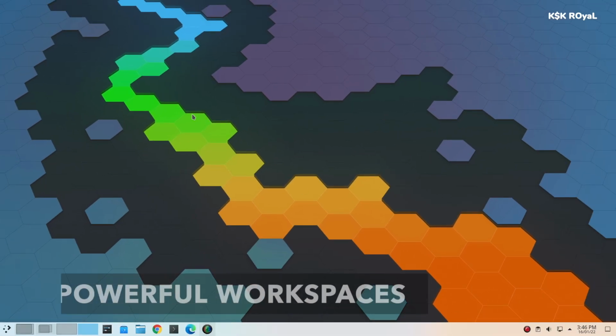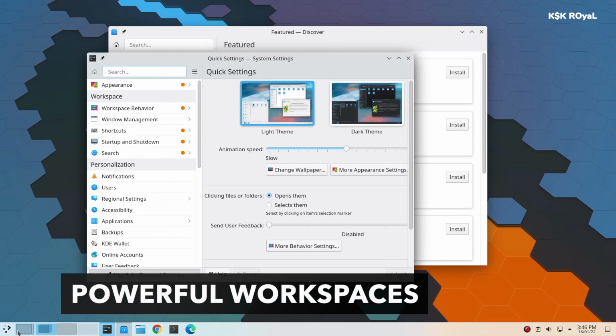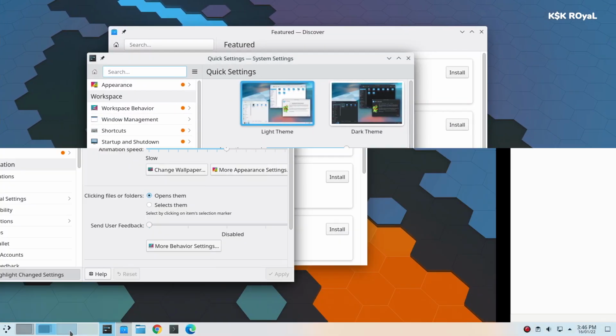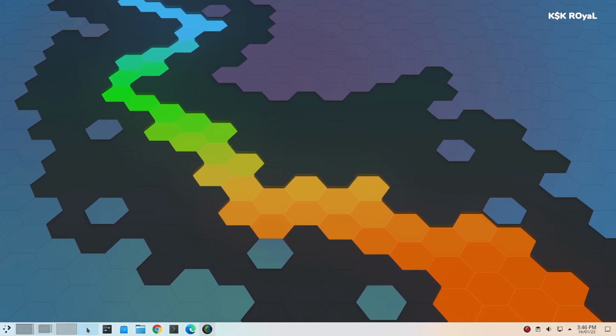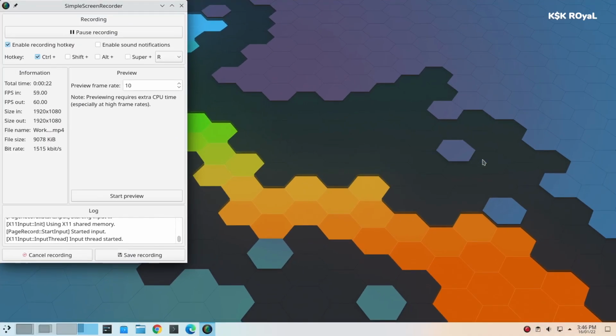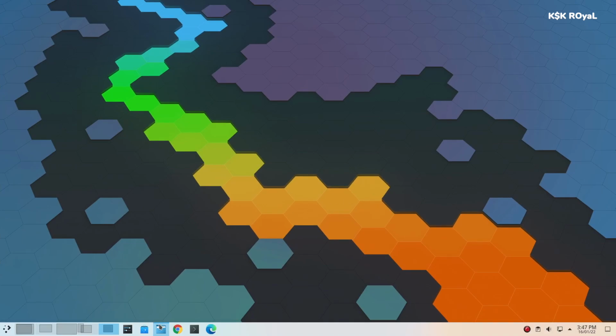Now, workspaces in Plasma Desktop refer to the grouping of windows on your desktop. You can create multiple workspaces which act like virtual desktops. It will display currently used workspaces plus an empty workspace. To jump into the workspaces overview in Plasma Desktop, you can use the hot corners or hold Ctrl, then press F8. This shows all the workspaces on the desktop. From here, you can glance through the applications running in the background. To create a brand new workspace, you can tap on the plus button at the bottom right corner.